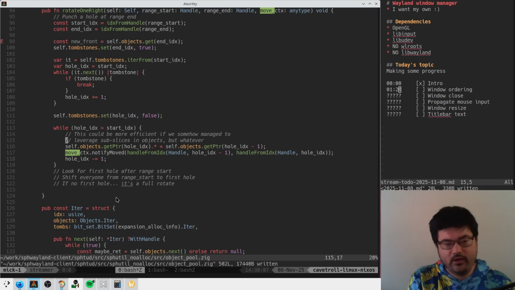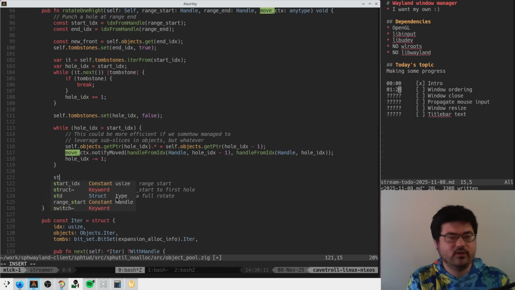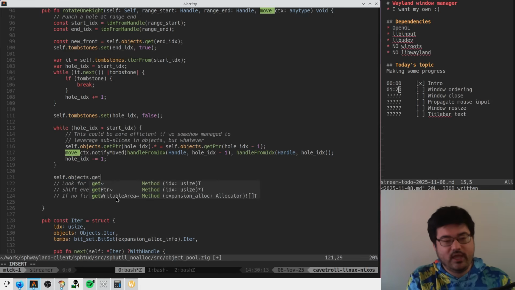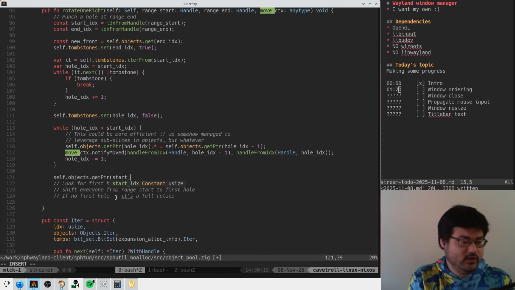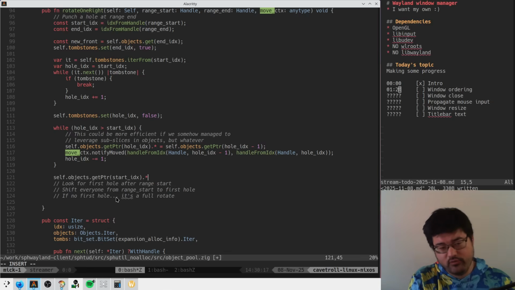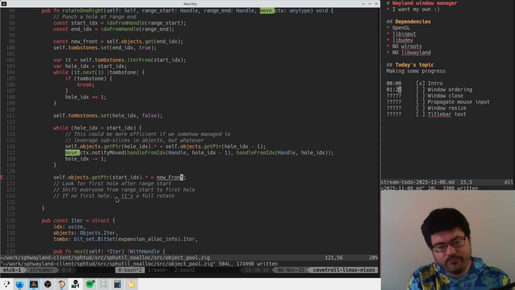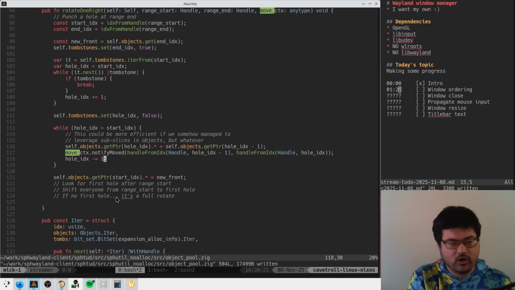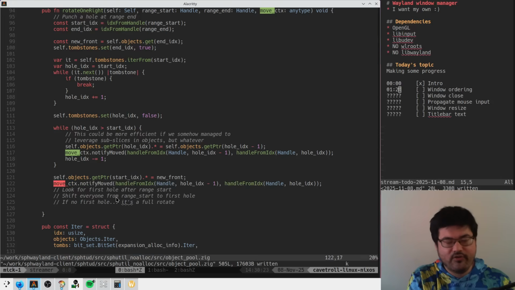This feels kind of right. Then start index will be the hole, and we say objects get pointer at start index is equal to new front. And then we probably have to do our last notify moved of